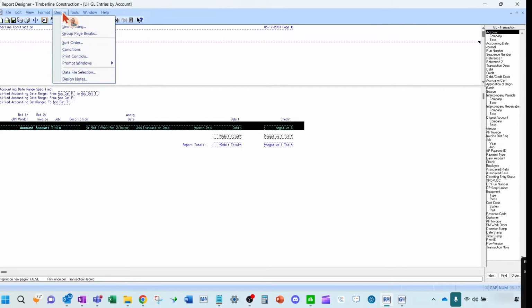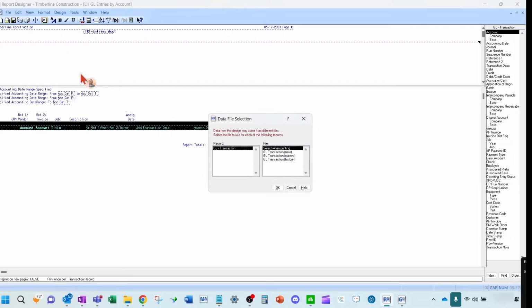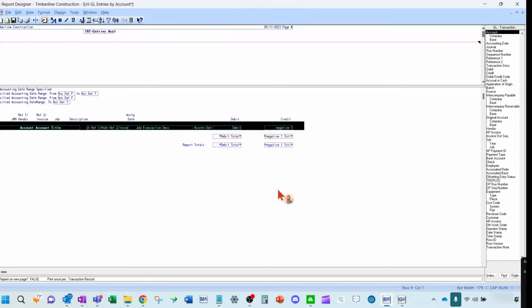So in design, you can click on data file selections. You could do a couple things. You can say, I always want to look at the current file, and that's it. So you can say, just select the current file, unselect the select when printed, and it won't even ask you for the file names. What most people do is this: select when printing, but highlight the file you most commonly use. So what that does is now I will save it, right?